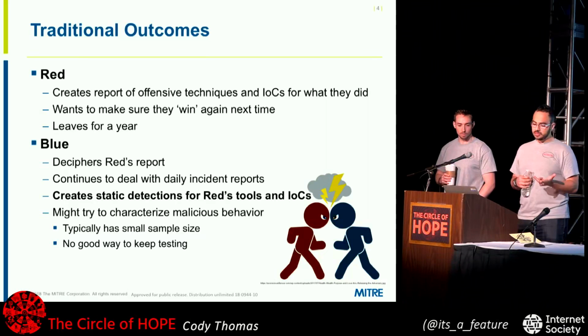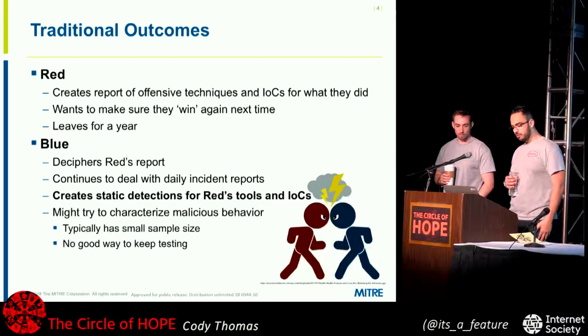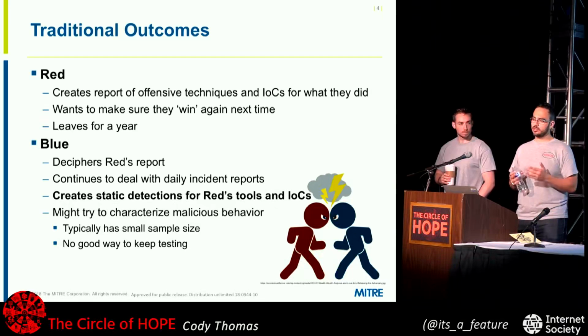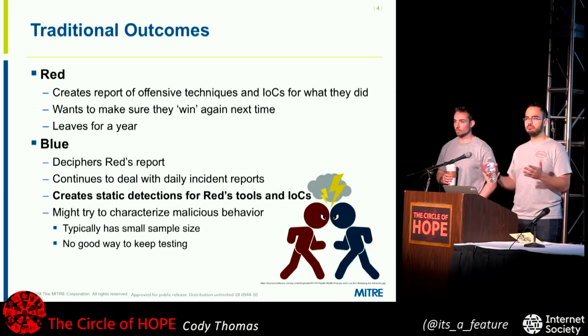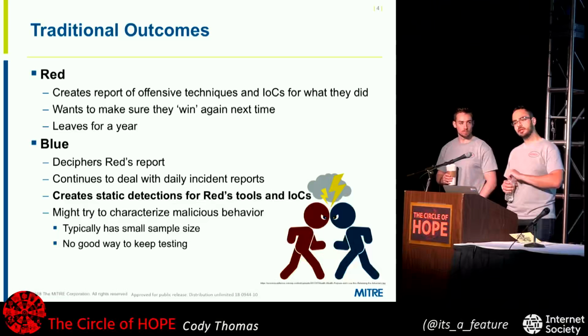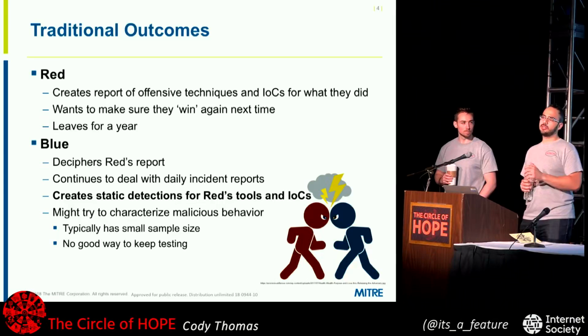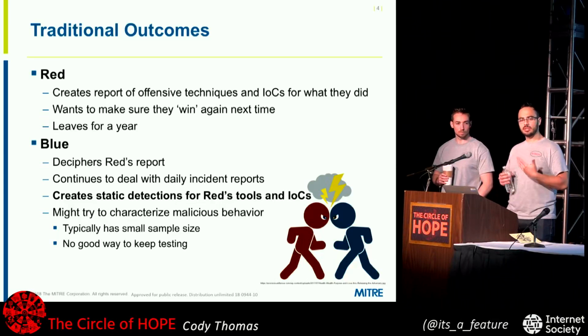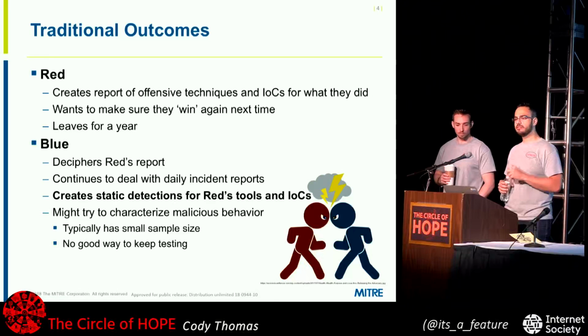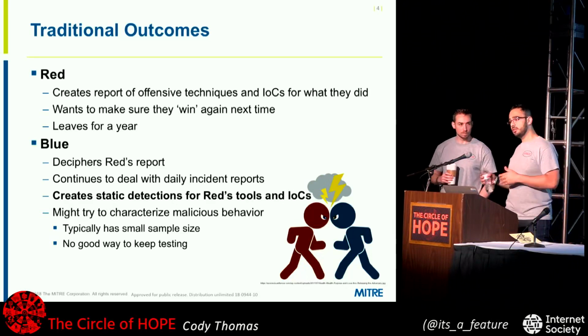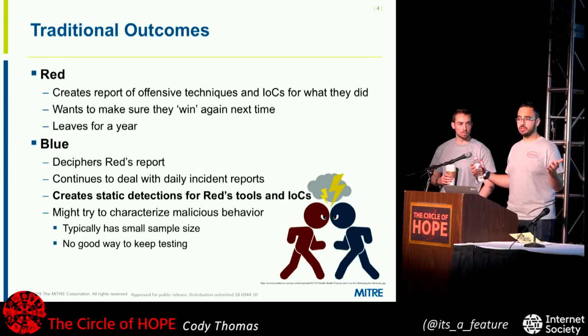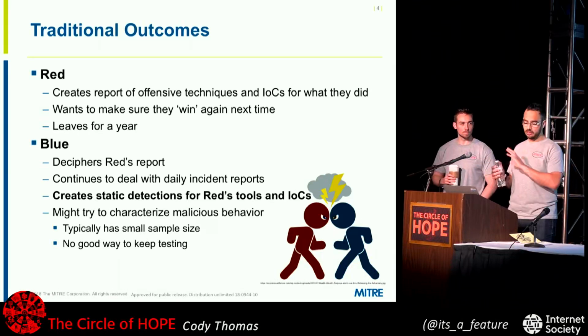So what would the blue teamer in this case do with the report that was generated? Well, they would go through, see what worked that the red team tried, and try to remediate that stuff. No one has as much time as they want these days, especially in this area. So what they end up doing is basically creating static detections for the red team's tools and whatnot, things that are very fragile. And things that may stop this red team if they were to do the exact same thing again, but the next time red team comes, that may not stop anything, let alone a real